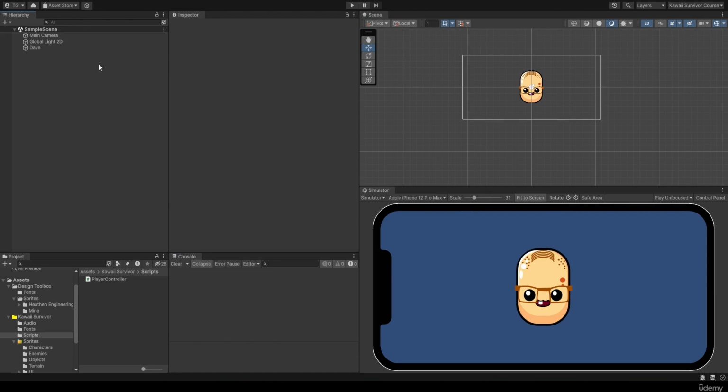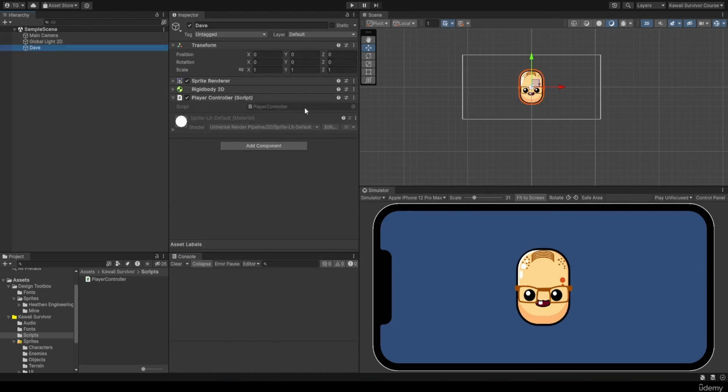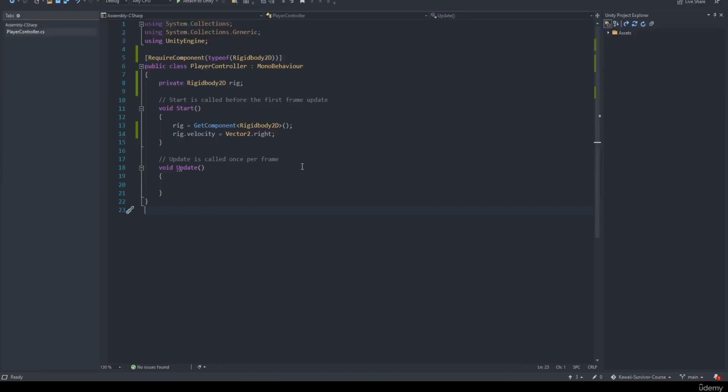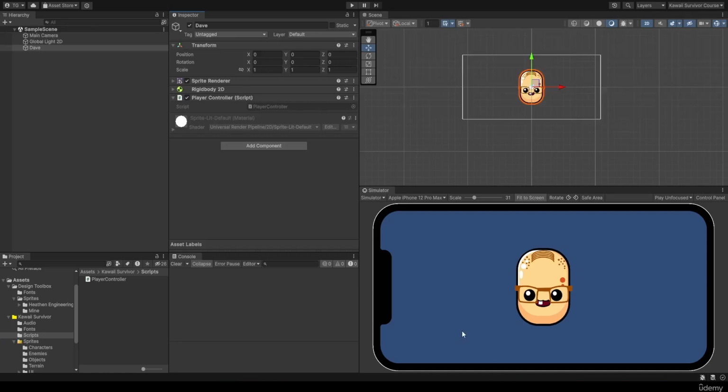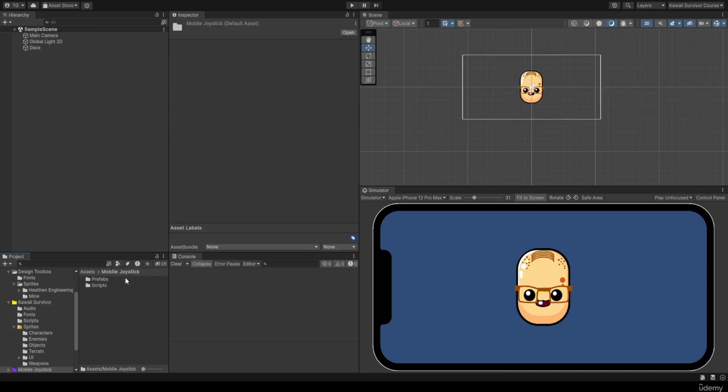In the previous one, we've seen that we were able to control Dave with the player controller, but by managing or editing the velocity. So now what we are going to do is move him using this velocity, but we are not going to change or set the velocity right away. What we are going to do instead is use our joystick that I've added as a resource attached to this lesson to move Dave. So let's actually open the prefabs folder inside of assets, mobile joystick, prefabs, drag the mobile